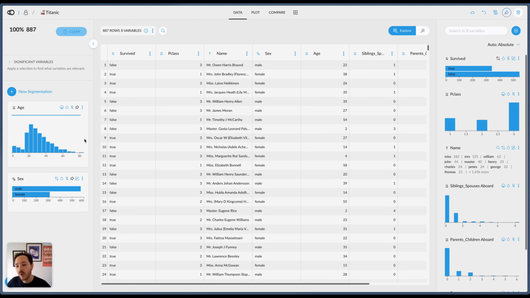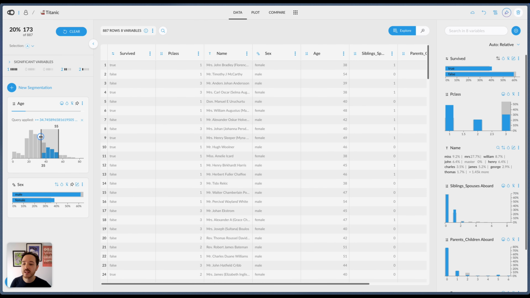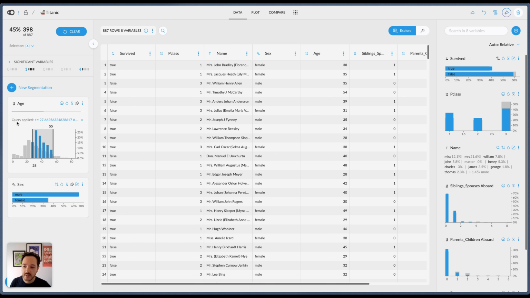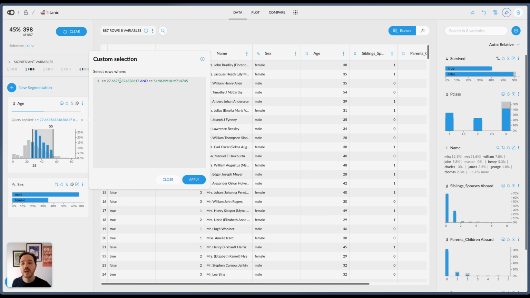As a last note, I want to bring to your attention the fact that you can make custom queries. If we select any arbitrary range, there's a message here that says query applied. You can click this and it will show this prompt, and you can see this notation: greater than 27 point some decimals and less than or equal to 54 point some decimals. What we're doing here is basically taking two subsets of the data and joining them together. We're taking everything that is greater than or equal to 27 point something, with all the distribution,